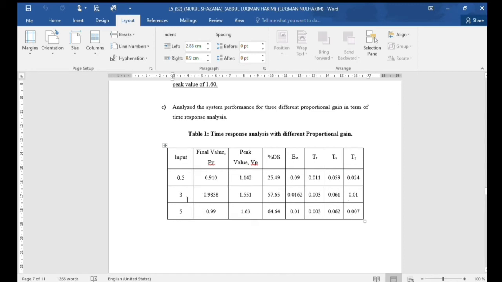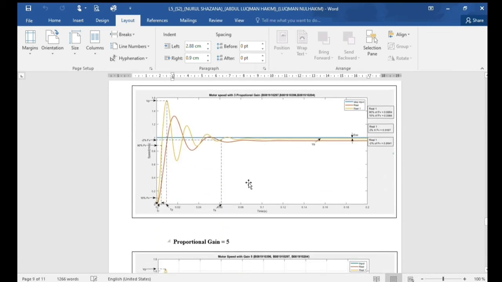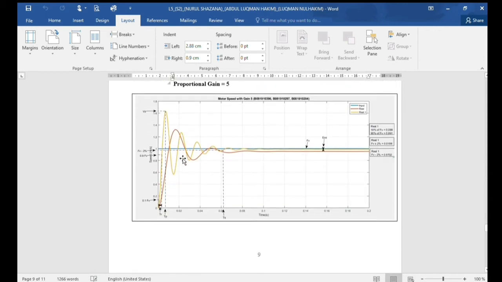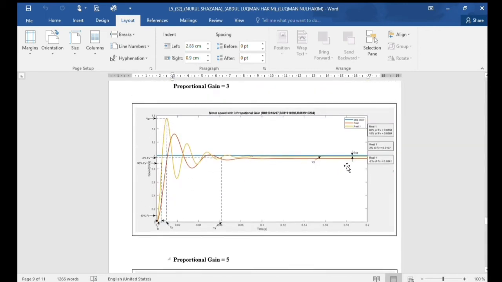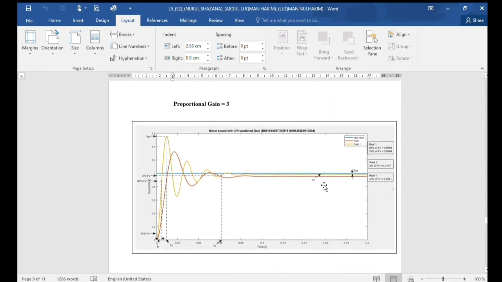Okay, so we can say that 3 is the best because it has lesser oscillation, which will become more stable when it works compared to 5. And we also can say that the ESS is better than 0.5, and our final value also is closer to input, which is better. Okay, so